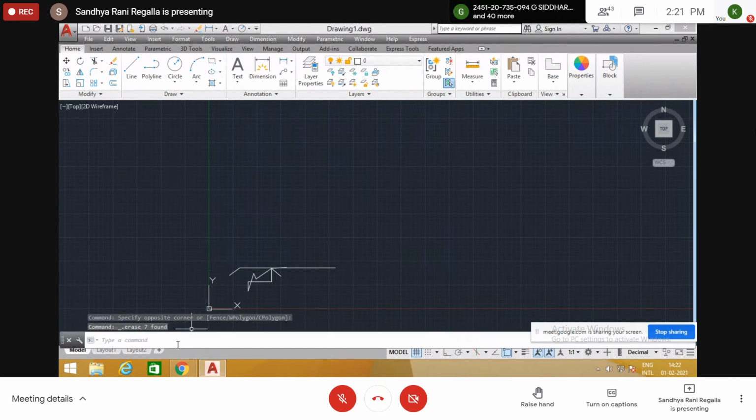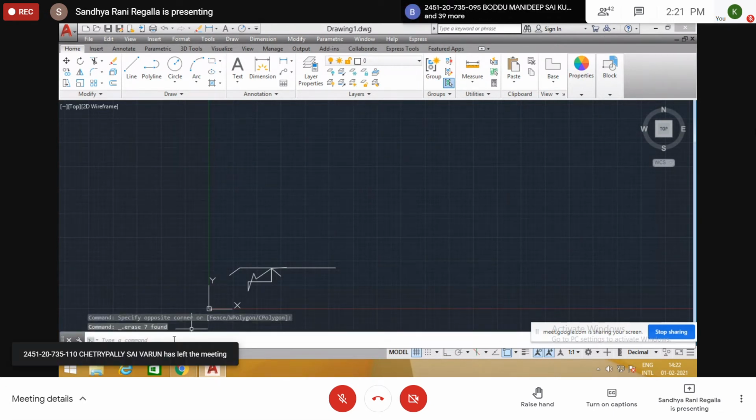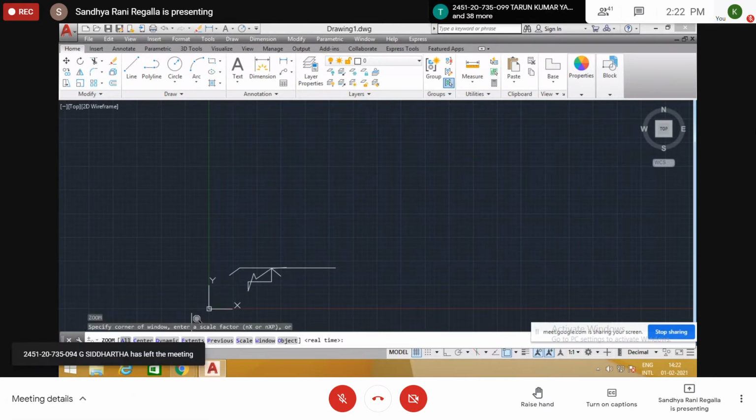Okay, and the zoom command is also there. Zoom command shortcut is Z. Z, enter. Zoom all. All means whatever objects are there on the screen, all objects get zoomed. Center means we give one center point and we zoom there. And dynamic, out of all. See, scale means we need to give a scale. Suppose you give 1:2 scale, 1:2 means double the value, so the size of the objects will get doubled. Window. Out of all these, extents and window, these two are very, very useful.